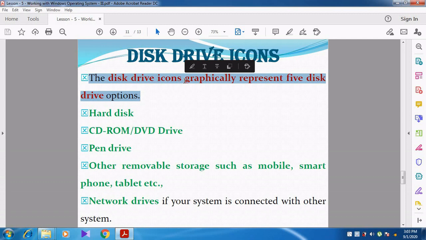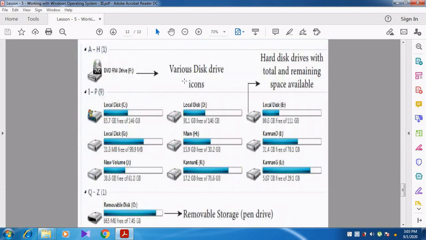Sometimes when you connect network drives, they will also be shown here. Can you understand, students? I will show you in a pictorial manner. See here, DVD RW. This is a CD-ROM.